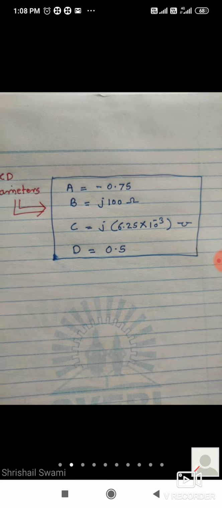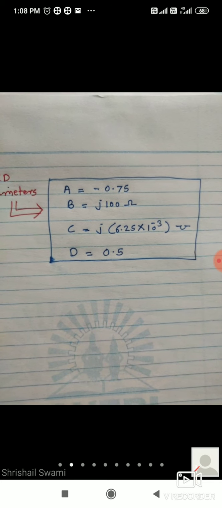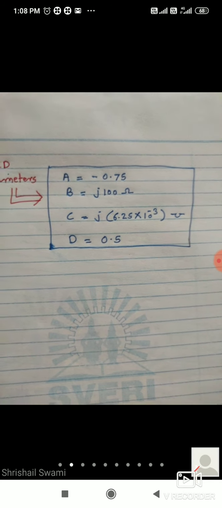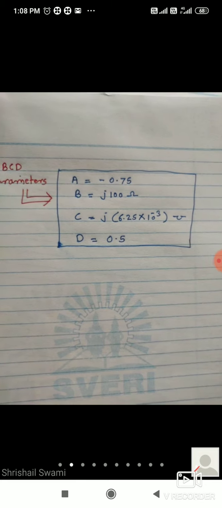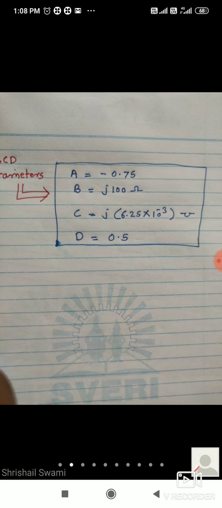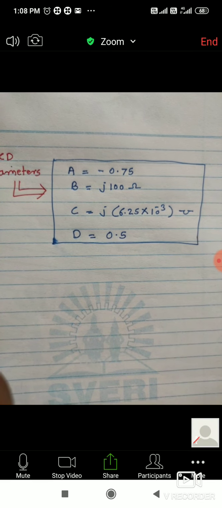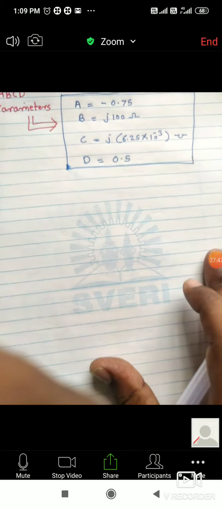Okay, so any doubt in this problem? Konal doubt hai? This question was asked in the university question paper. Okay, so within 1 minute I will again start. I will take the attendance.